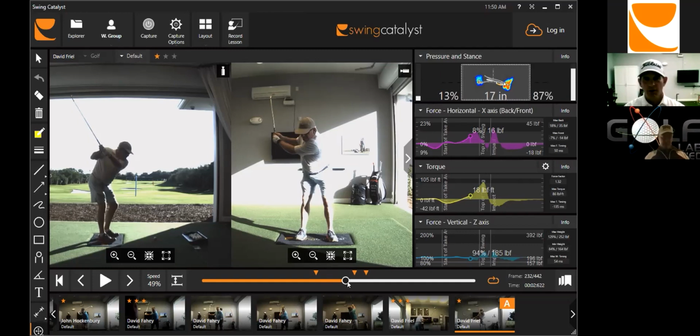Is that hard pull to the left and getting over there a little early, having to put the brakes on and say, okay, now how do I square this club? Things start to get a little different. So if we look at,